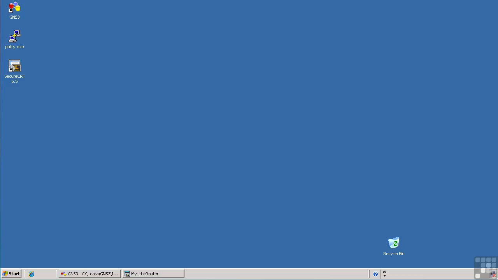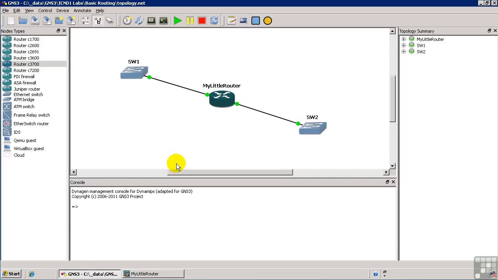Welcome in. In this video, we're going to discuss basic Cisco router configuration. Now, I have set up in GNS3 our first router. We call it My Little Router. And My Little Router has two interfaces, each connected to a switch. They're not connected to anything besides those two switches. It's just connected to those devices so that the interfaces will come up so that we can show you how